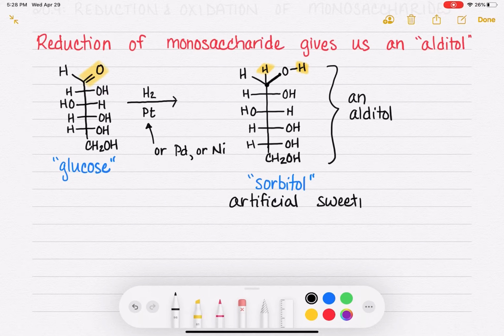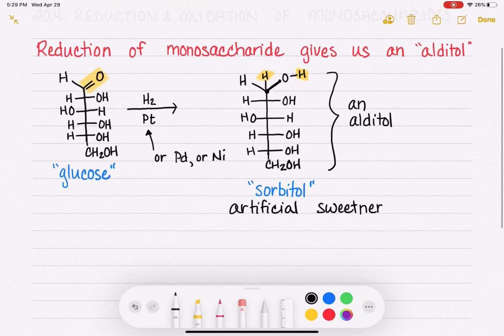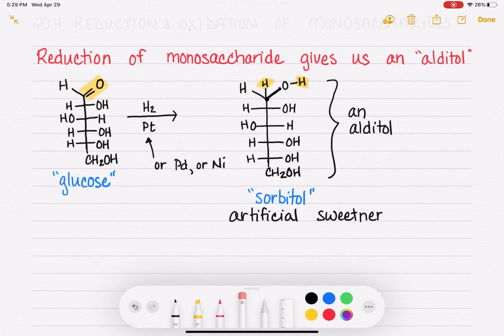Now, not all artificial sweeteners are alditols, and not all of them are made from real, quote-unquote, real sugars like glucose. There's a variety of different structures for artificial sweeteners. But you can see how this would work effectively as an artificial sweetener, because as long as it still has the sweet taste, which sorbitol does, because this is not a monosaccharide anymore, because we've eliminated the aldehyde functional group,